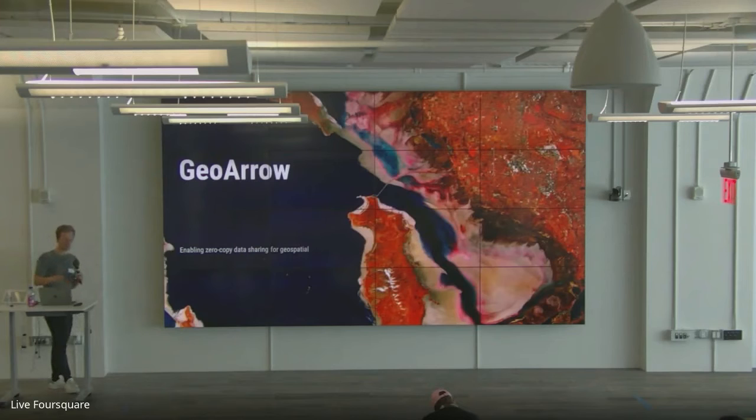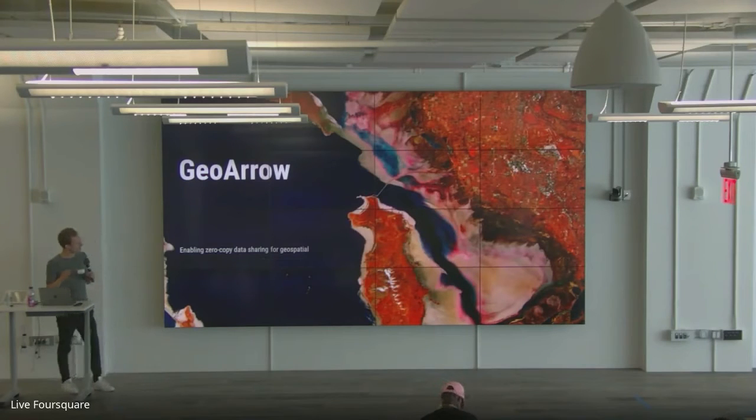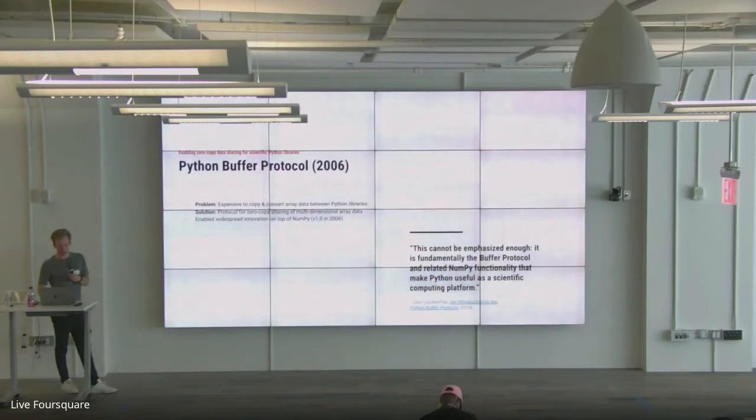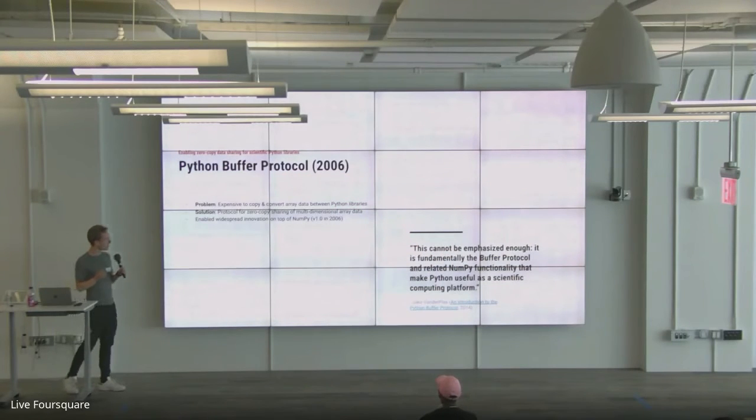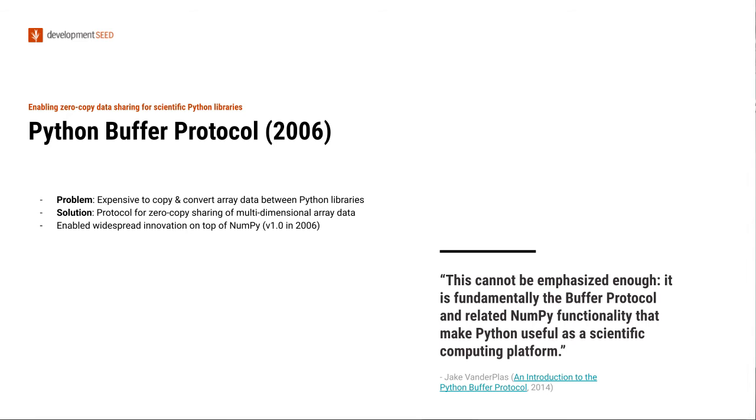Then I also want to introduce what GeoArrow is, because I think it's going to be impactful alongside Parquet, but in different avenues than the Parquet format. And it's really around being able to share data between systems without having any serialization, and at times without even copies. To start, I actually want to rewind a while back to 2006 when the Python buffer protocol was implemented,